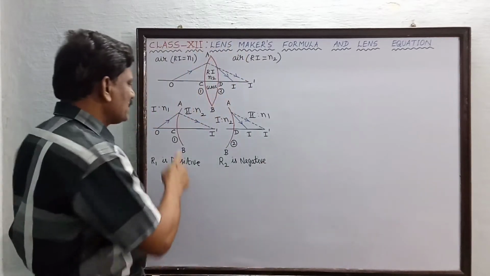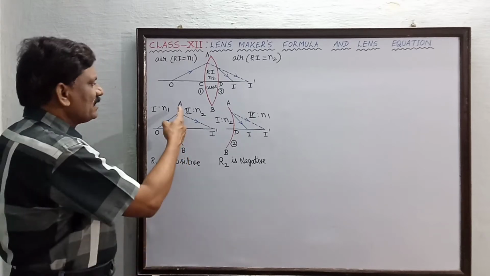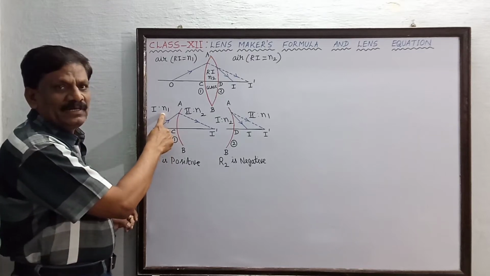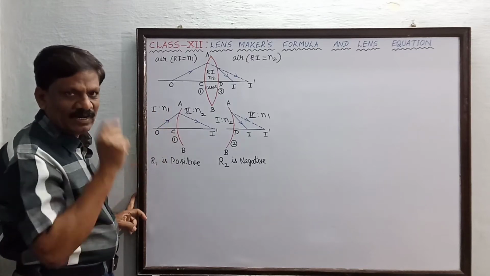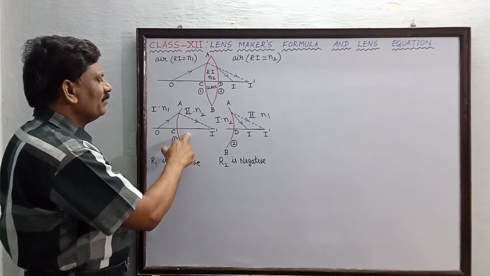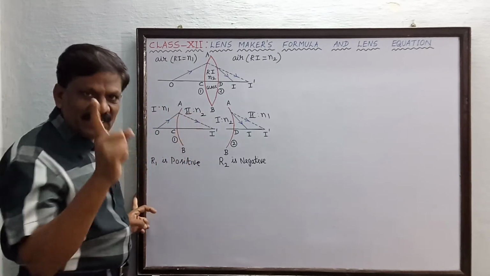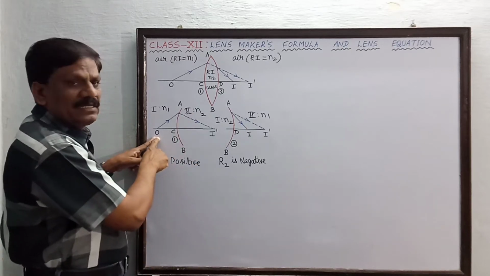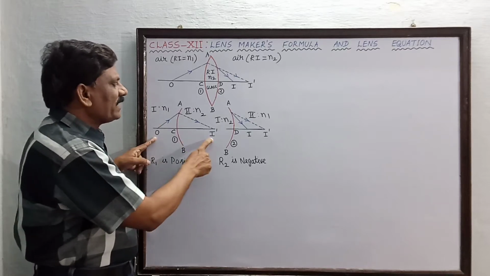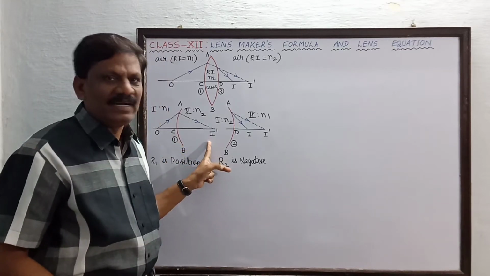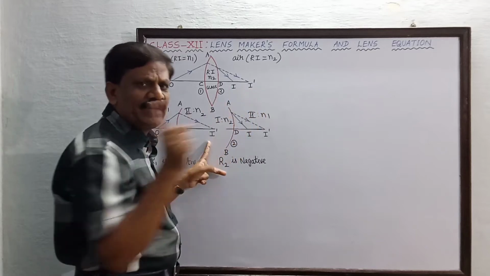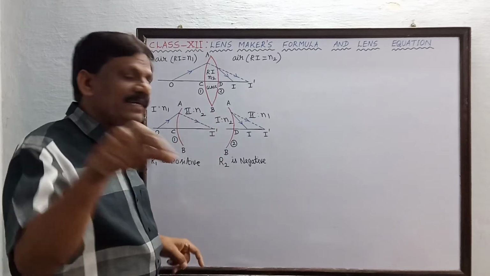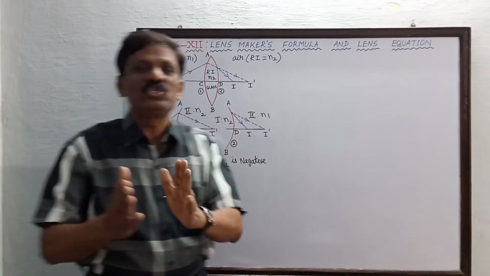So I have shown the first curved surface separately. For the first curved surface ACB, air is the first medium and its refractive index is N1. Glass is the second medium and its refractive index is N2. Understand? This is for the first surface. So O is the object and its image is actually formed at I dash. I dash is the image formed by the first surface ACB. This I dash acts as a virtual object